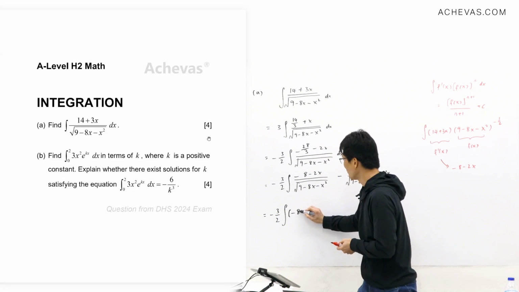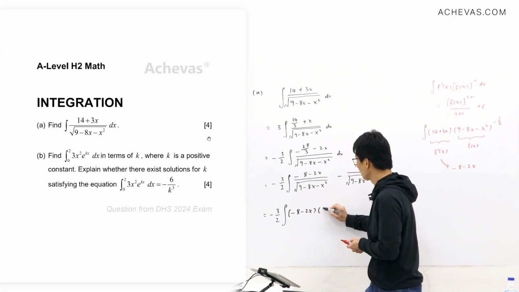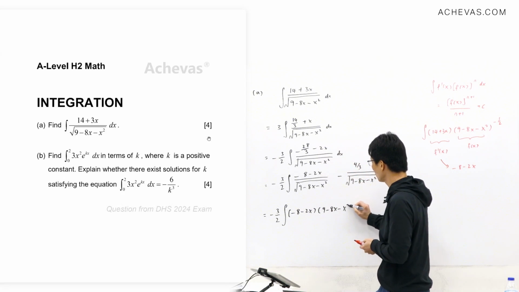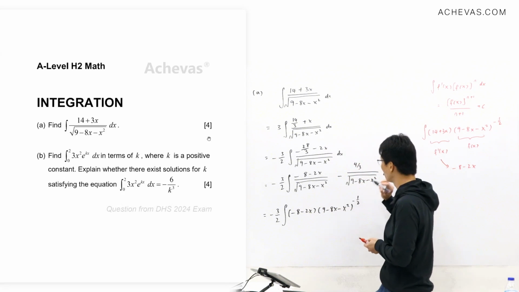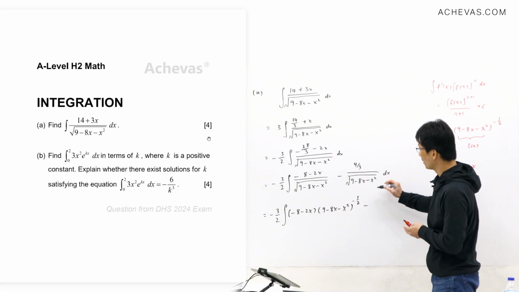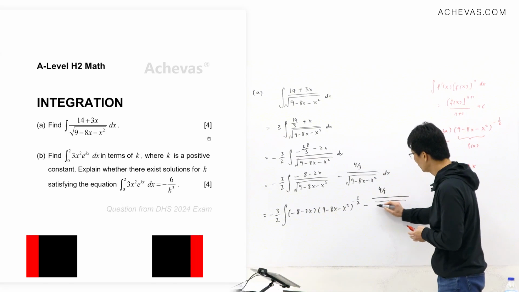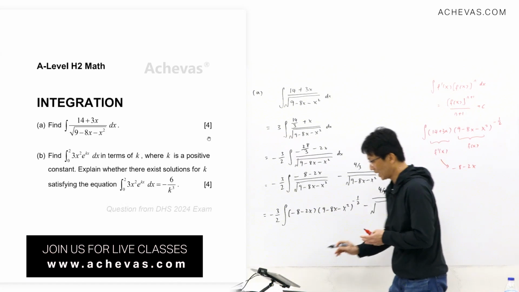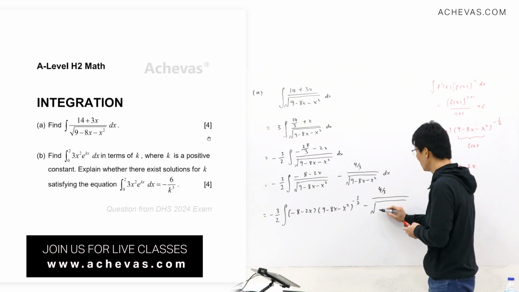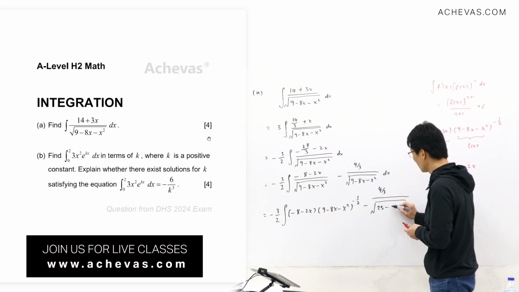So this I'll get minus 8 minus 2x, 9 minus 8x minus x squared to the power of minus half. As for this, I will do a completion of square for this square root. So I get 4 over 3 square root. Once I do my completion of square, I should be able to end up with a 25 minus x